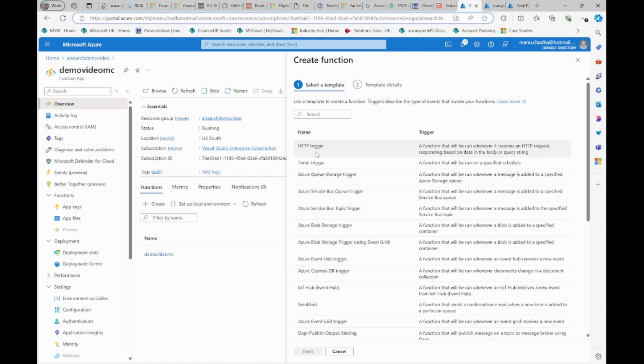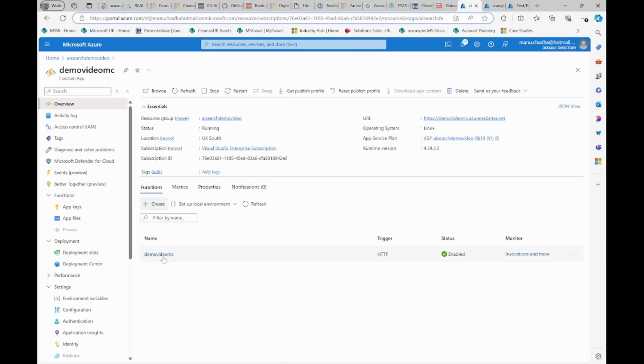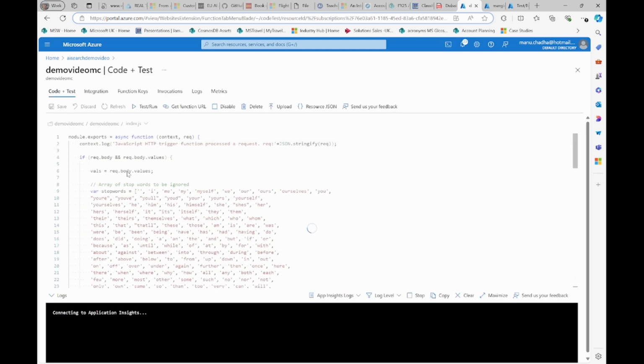So will it be an HTTP type function which will receive an HTTP request and give an HTTP response, or would it be some other trigger from other Azure services? So you basically select a template, like let's say I use HTTP trigger, and then you specify its authentication level, the name of the trigger, name of the function, etc. I did that already. I called my function demo video MC, and then when you click on that, there'll be